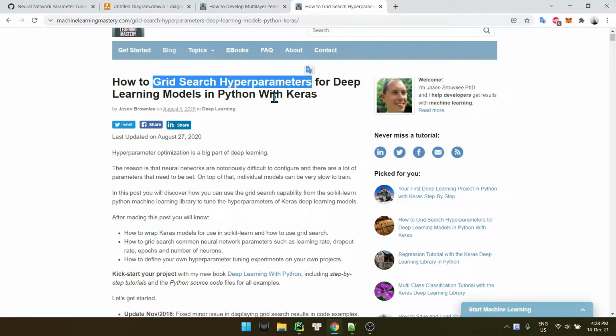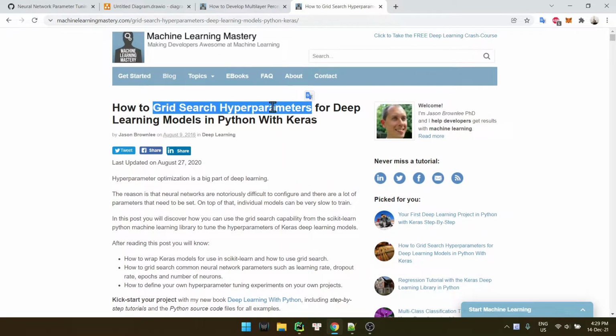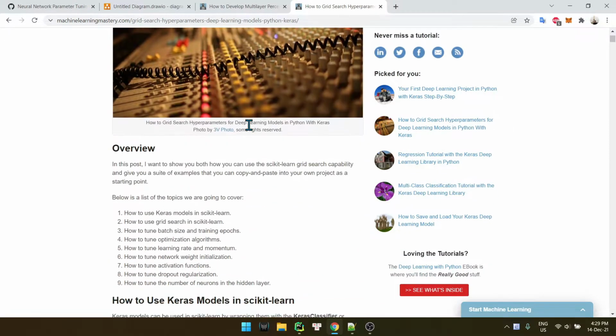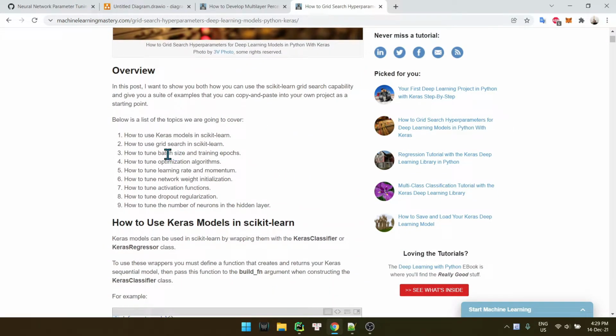It means that you try to find the best model based on every combination of a set of parameters. But we don't want to do that. We want to use a metaheuristic to find the best model. Okay, so in the neural network we have batch size and training epoch.